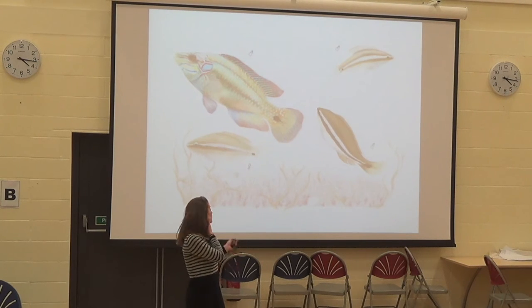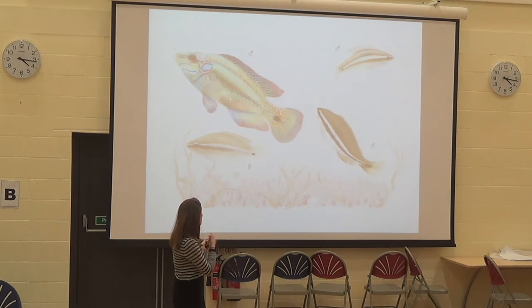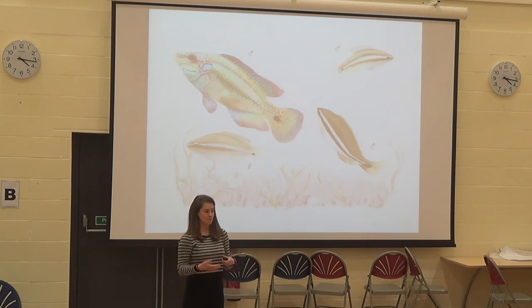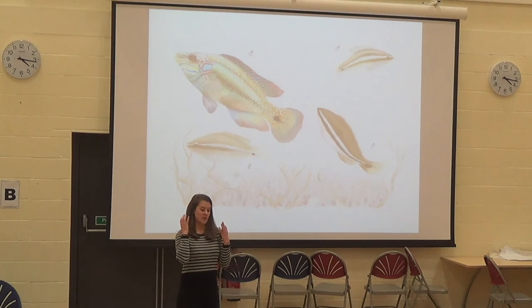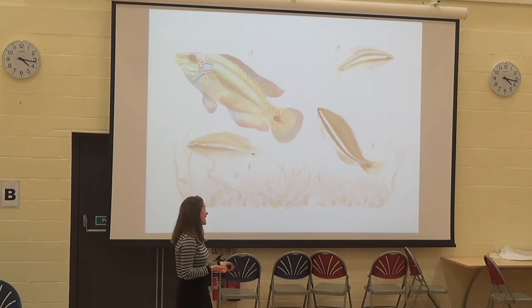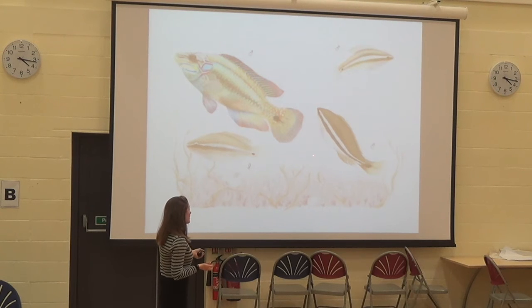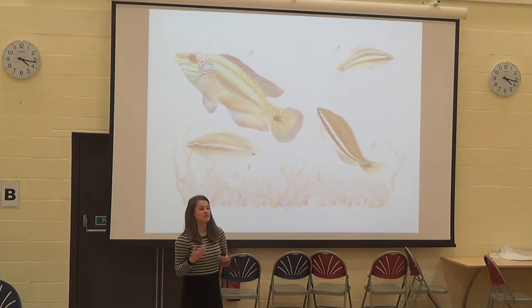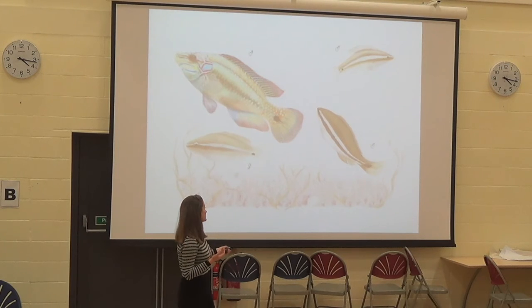So he's really big compared to the female. He is really colourful. Nesting males build nests. They court females. Females swim into the nest, they lay their eggs, and the nesting male looks after those eggs until they essentially hatch. But you also have a satellite male, and the satellite male obviously looks much less